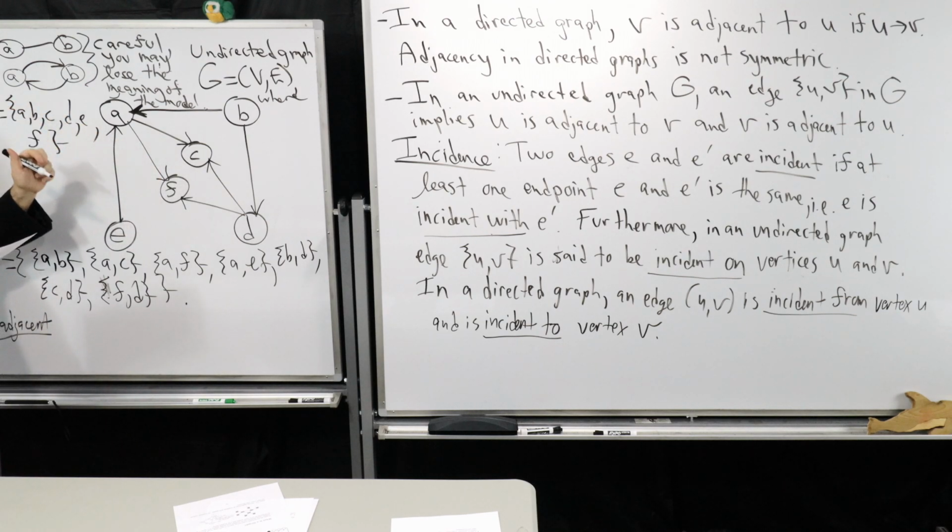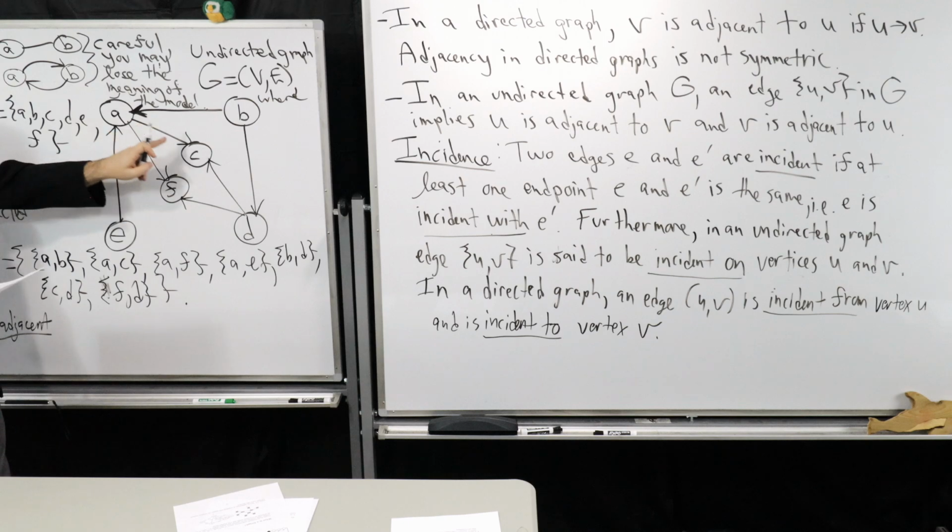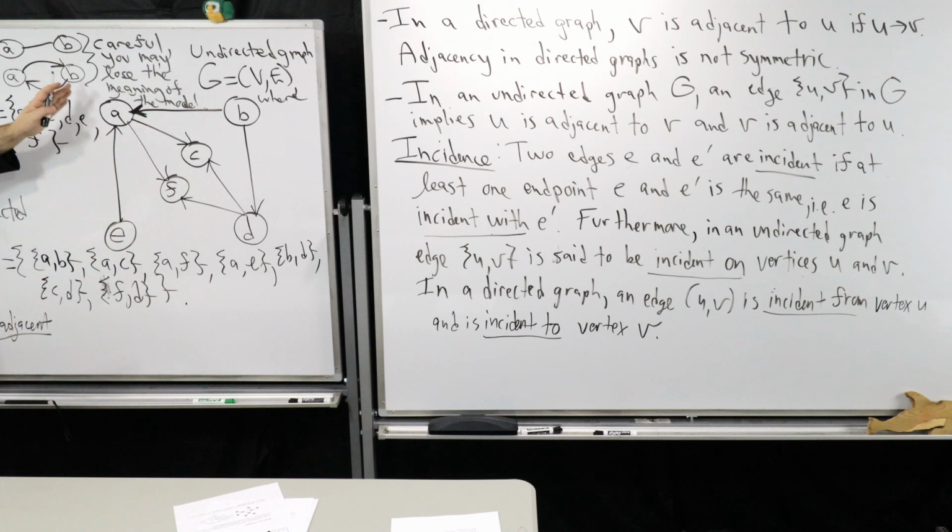Take AC and say AF. Notice that both those arcs are leaving vertex A, right? So we would say the following, that it's incident from A,